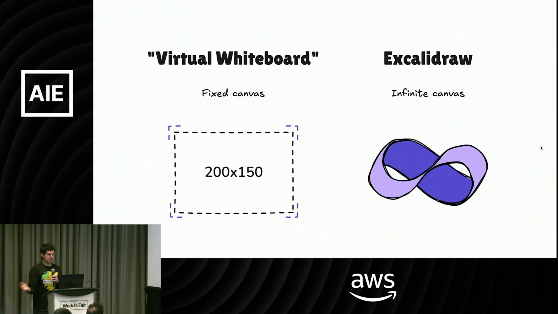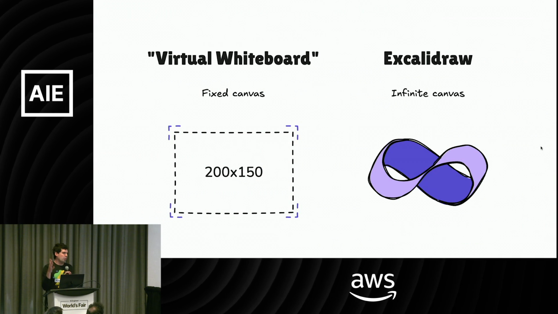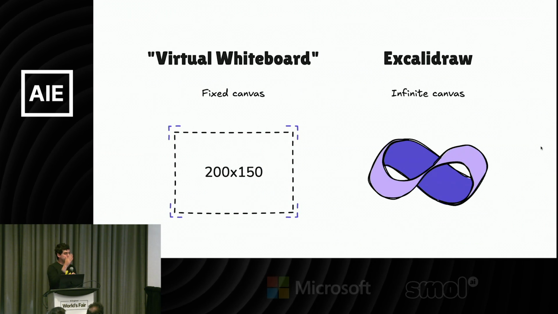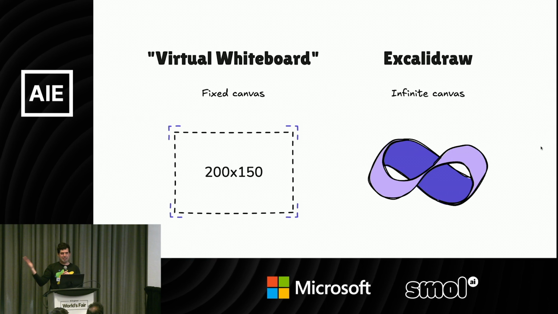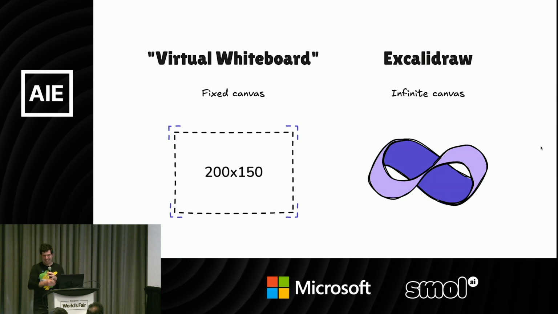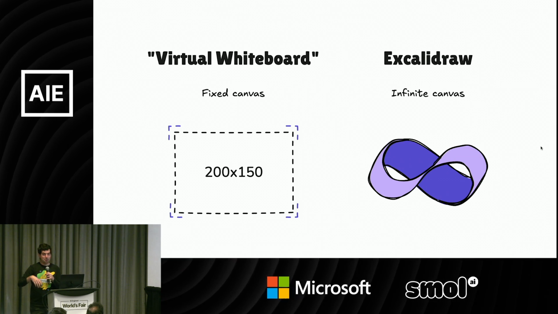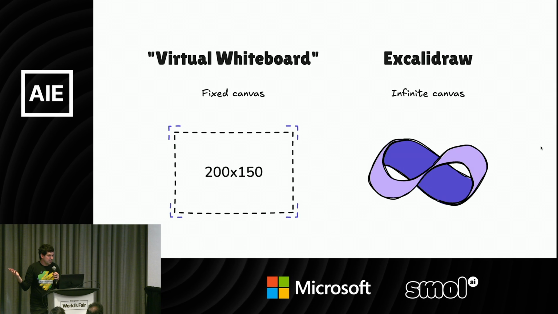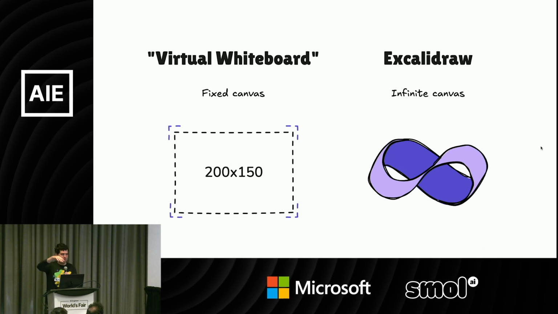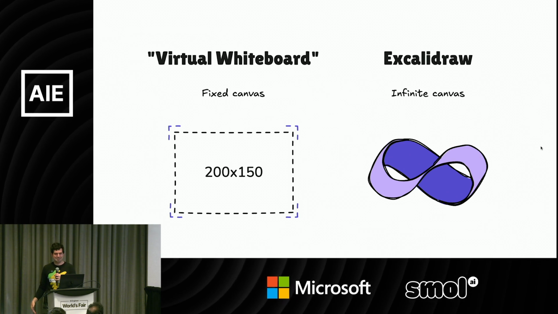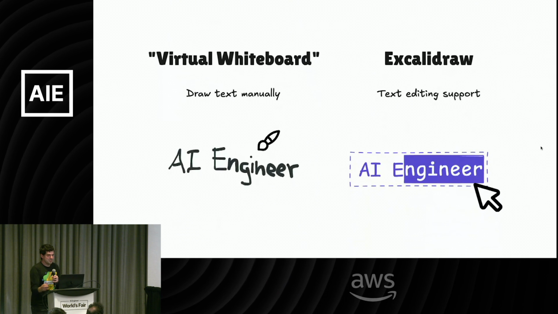So for example, a physical whiteboard has a fixed size. And so what everybody did, they created a fixed size: hey, create a new whiteboard, and then if you run out of space, you're out of luck. Now with Excalidraw, you can just scroll around and start writing somewhere else, and it just works. Then the next one is